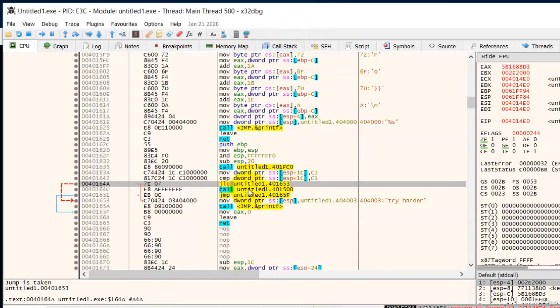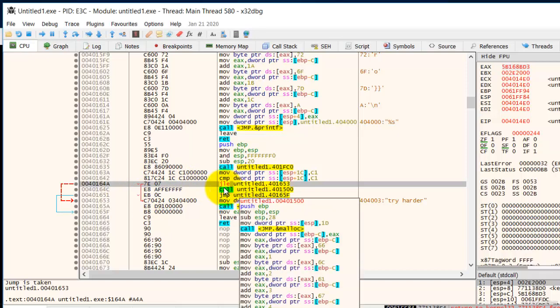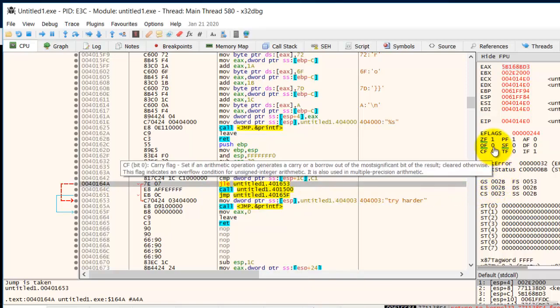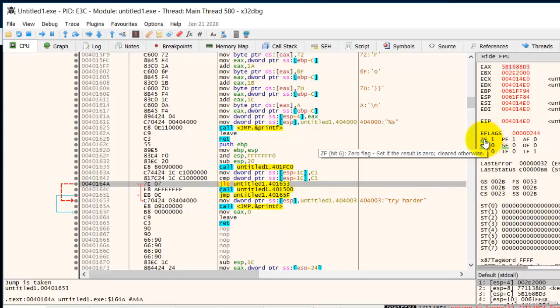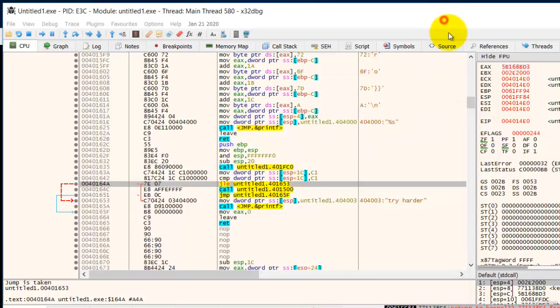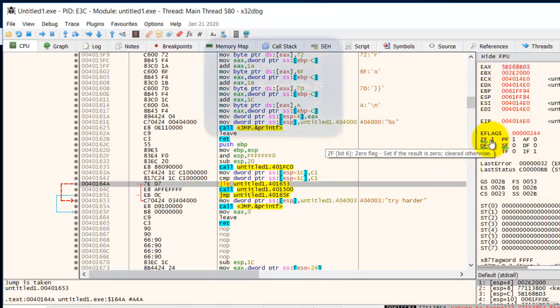So now let's see. Before a jump is made, a decision has to be made whether or not to jump. This is decided by a register called the zero flag, ZF. The zero flag will determine whether or not it will jump. If at this point the jump is taken, and if we don't want it to jump, all we need to do is toggle the zero flag